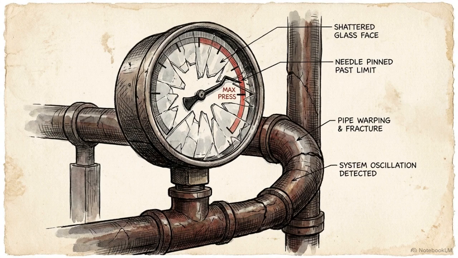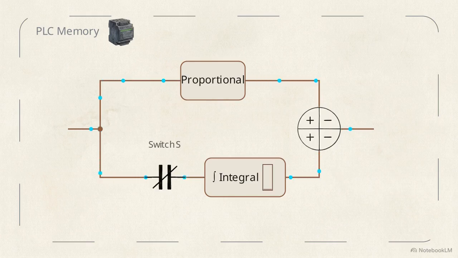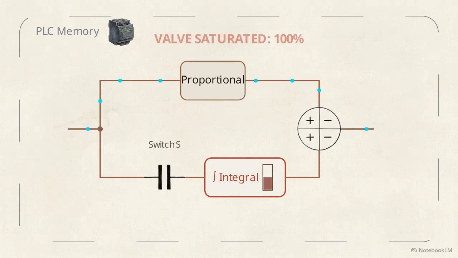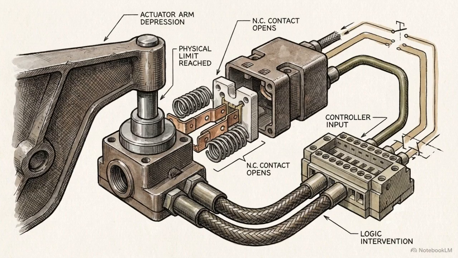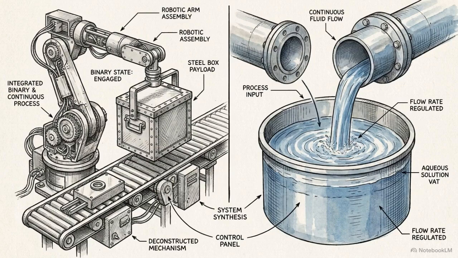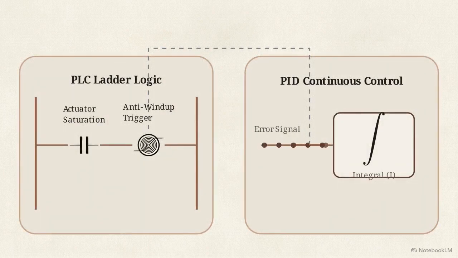system to oscillate wildly. The mitigation is a discrete Boolean switch placed inside the continuous mathematical loop. When the system detects the physical valve has reached saturation, it triggers this switch to open. This instantly halts the integral calculation, preventing windup and forcing a stable, proportional-only mode. Mathematical control models remain a liability in industrial environments unless they are constrained by hard physical logic limits. Modern industrial automation is defined by this synthesis of continuous processes and binary states. The anti-windup switch is the ultimate crossover, using a discrete Boolean rule based on actuator saturation to manage and override